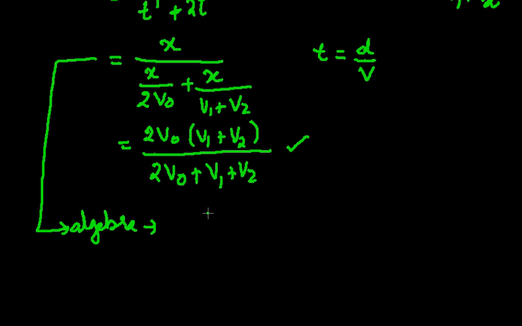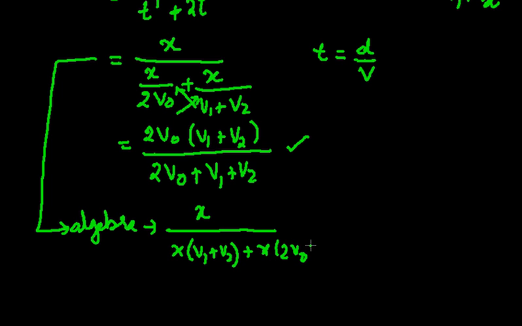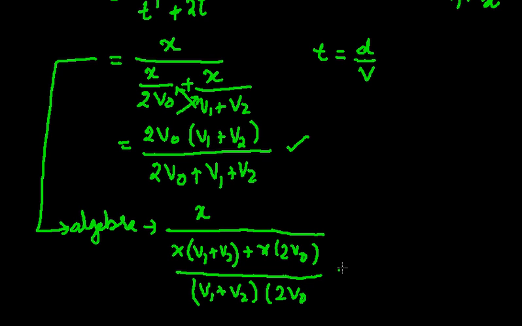So doing a cross multiplication here would be x into v1 plus v2 plus x into 2v0 by v1 plus v2 into 2v0, which would be equal to, just for constraint of space I'll be writing here,